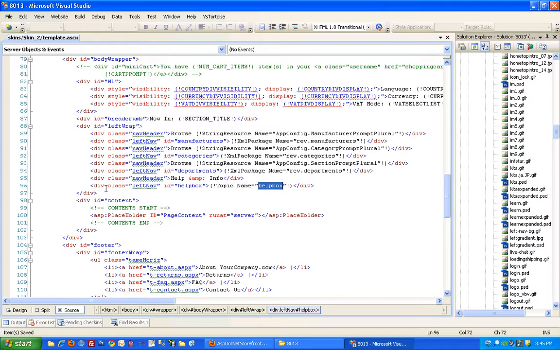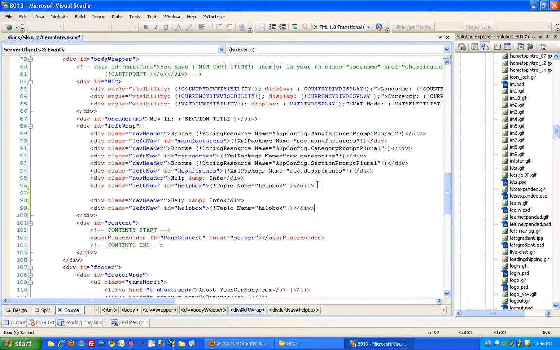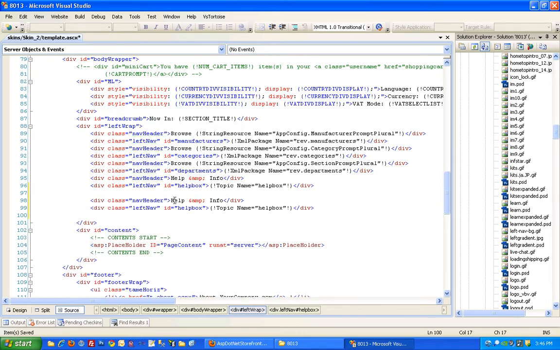So we could kind of duplicate that. I'll just copy this whole line here. And actually, might as well put a header on it while I'm at it. So I'll copy these two lines. And let's just call this one more info. And we'll make a topic called more info as well. So I'm going to copy that text